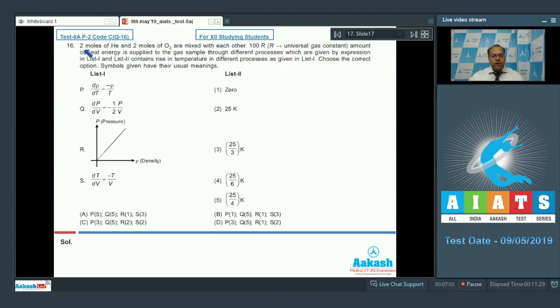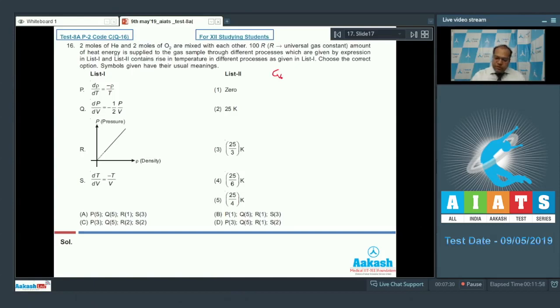In question number 16, 2 moles of helium and 2 moles of oxygen are mixed with each other. 100R amount of heat energy is supplied to the gas sample through different processes given by expressions in list 1, and list 2 contains the rise in temperature in the different processes given in list 1. Choose the correct options. Symbols have their usual meanings. So if I calculate